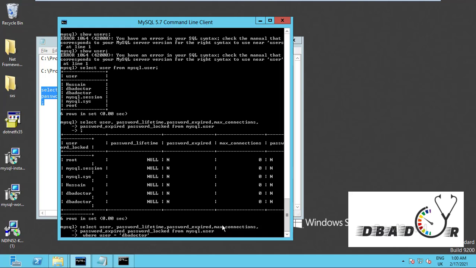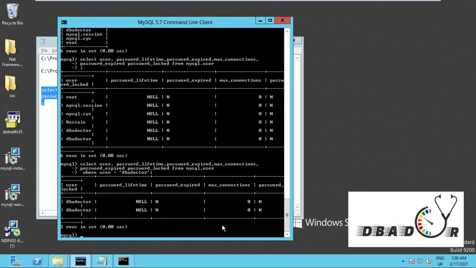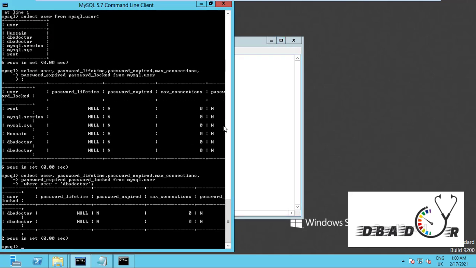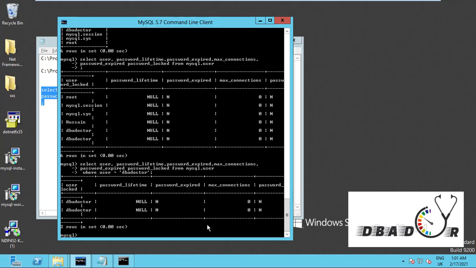So before dropping I just want to verify, for that I'm firing this query. He has two database permissions, so for that it is created two times. Okay, this is what we have almost verified. He has full permission, there is no expiration, and there is no max connection for this user. Like that, we have verified all those steps. Now I'm dropping the user.